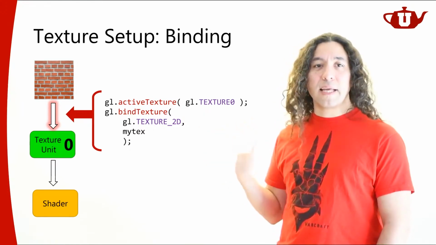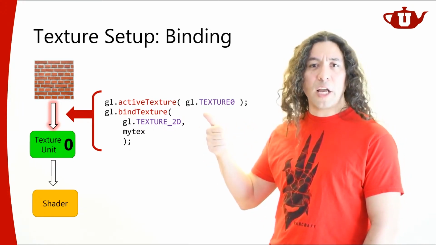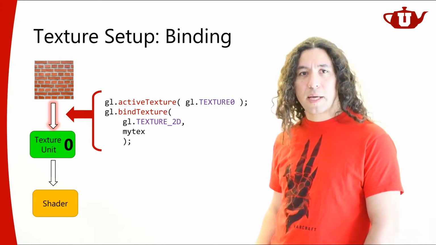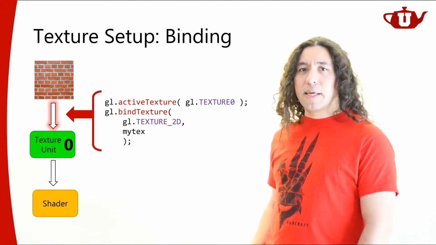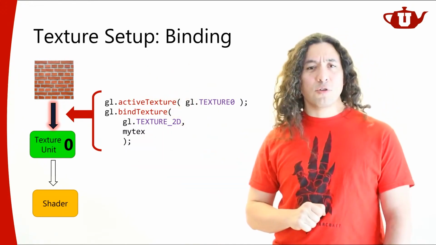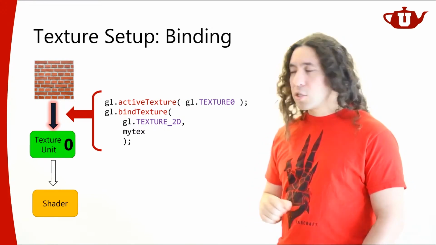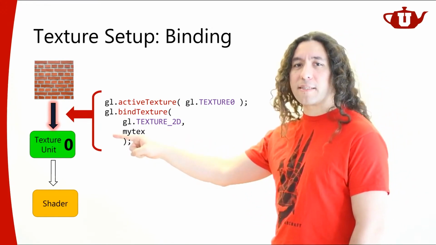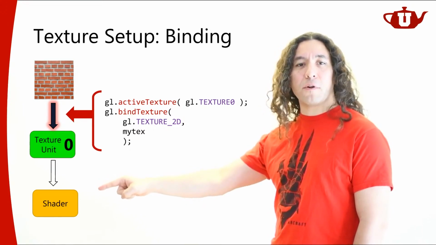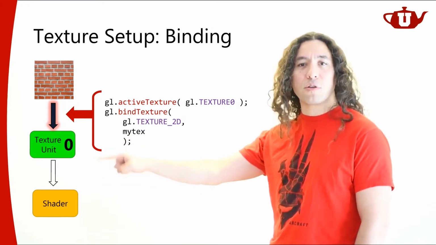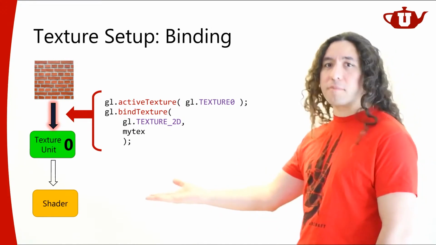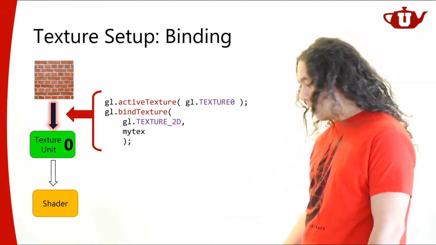So if I want to set another texture with another unit, I just need to change the active texture to another unit and then bind that texture to that unit. Okay? So when I do this, now I have a connection. Now I took my texture data and I connected it to my texture unit. All right. So before we talk about how to connect this texture unit to the shader, let's see what happens in the shader first, and then we're gonna go back and talk about how to connect the texture unit to the shader. Okay. So now we're gonna jump into GLSL because GLSL code is gonna run on my shader, right?